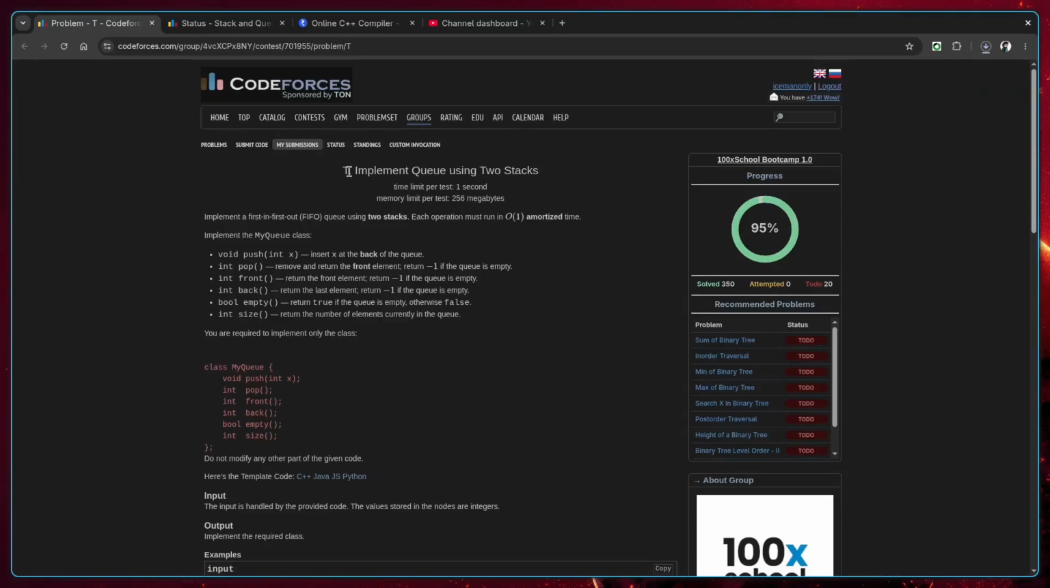To solve: implement queue using two stacks. In this problem, we have to implement a queue, which is a first-in-first-out queue, using two stacks. Each operation must run in O(1) amortized time on average, and my queue should support push to push